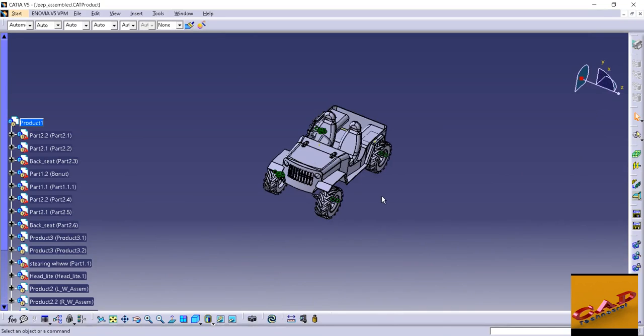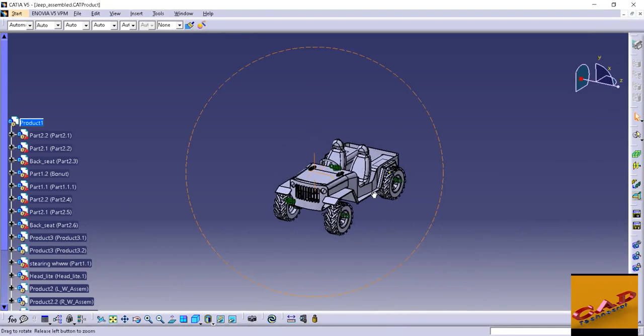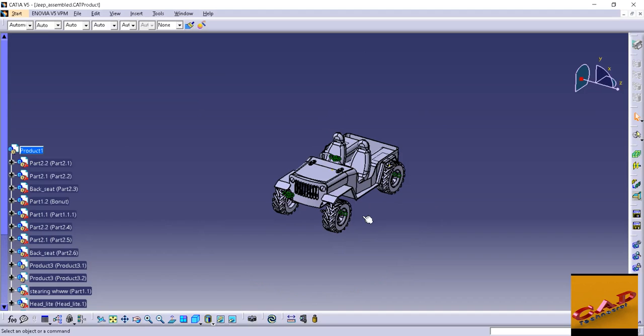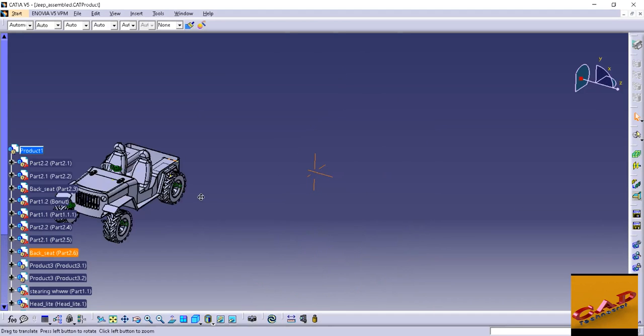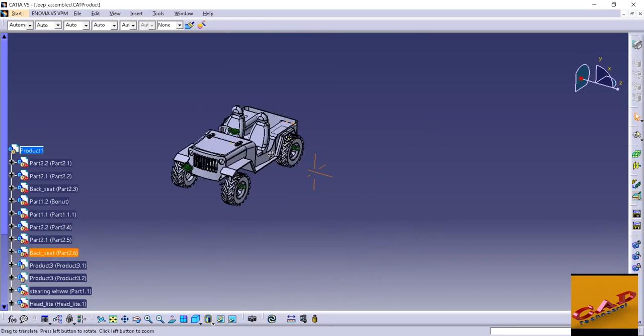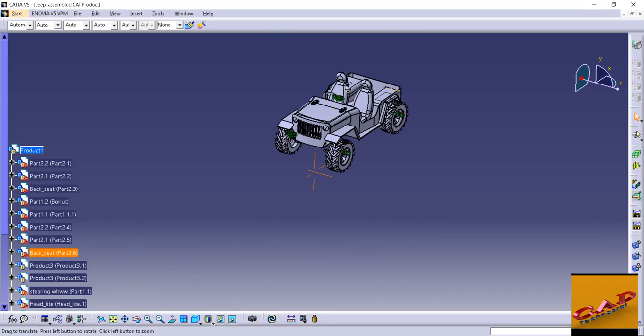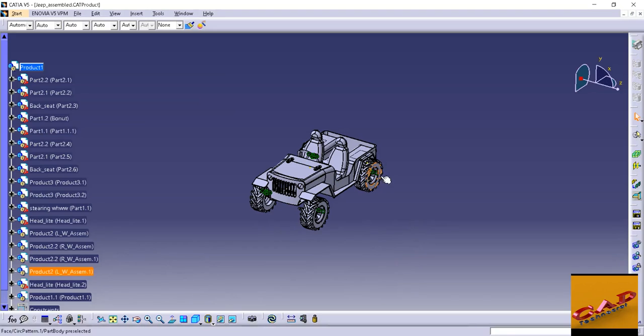Now if you want to drag this object, just click on the roller and move your mouse, so you can drag your object in the workbench. Okay, so this is actually the controlling from the mouse buttons. Okay, I just close this window from here.